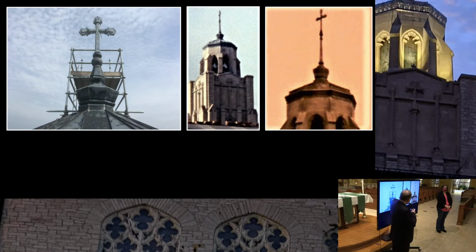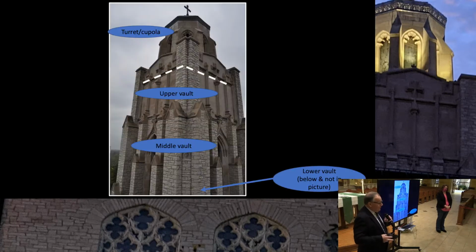The middle picture is taken from about 1980 because you can see the 3-tab shingles stacked on the roof ready to go on. And then this is circa 1932. Note how high the cross is and how long this shaft is on both of these earlier pictures. Note there is no shaft on this picture. The lightning took out that shaft. I haven't been able to accurately date that yet, but it's probably sometime in the late 80s or early 90s. So lightning protection is very important,